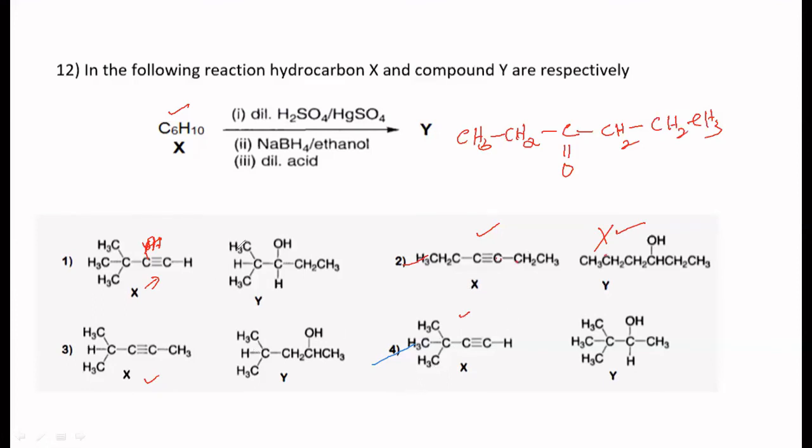What about this? This is not matched, because when you do this, in fact this one also you will not get. When you do this, this possibility could be there. It is possible. But this one is not possible. This first one is not possible in this case. This is the only possibility which is not possible, while all the other three are possible. So in this particular question, one more hint has to be there to identify the correct product, isn't it? But actually here, the question was like 1 and 2, 1 and 3, 1 and 4, like that. I have left it out so that you people think.